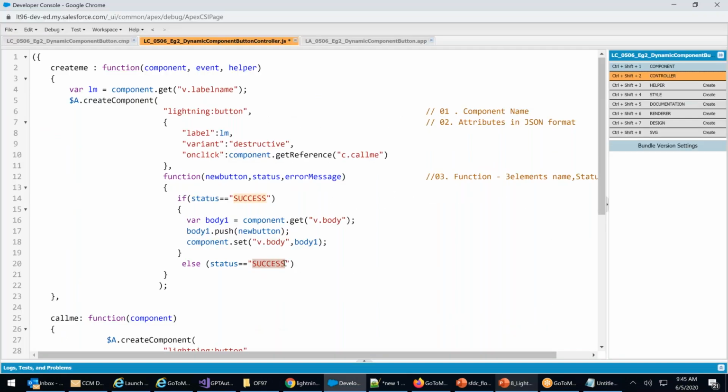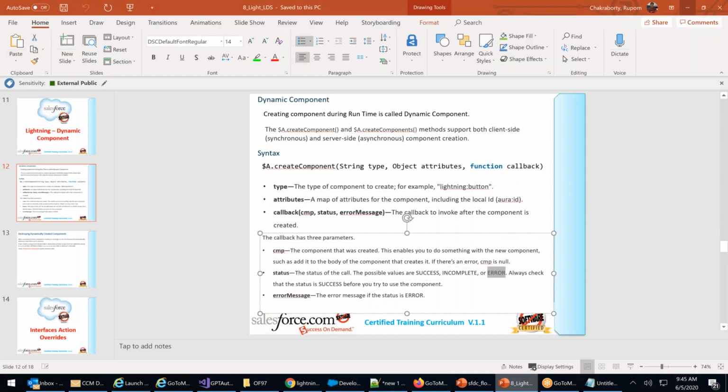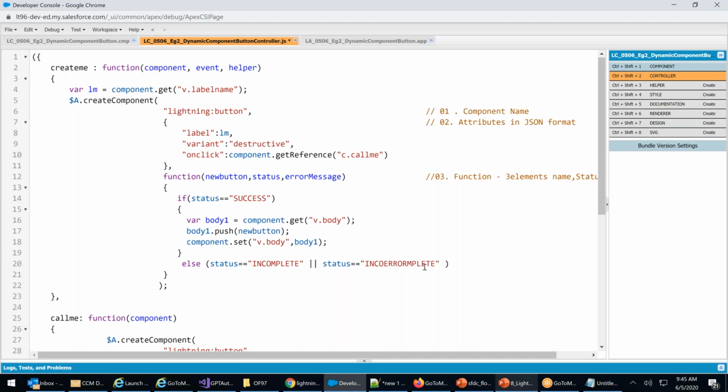If status equals incomplete or status equals error, that's an or.